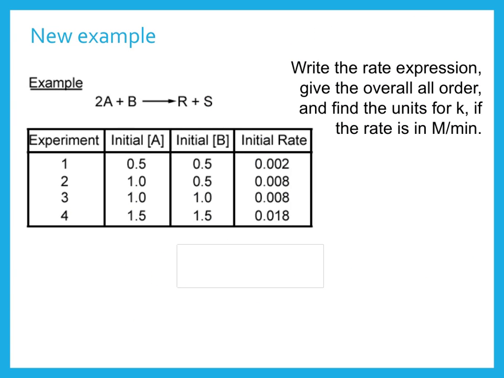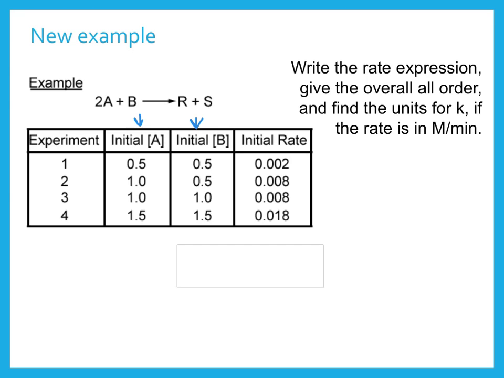Here is a second example of solving for the rate law, but this one has 2 substances. When you're doing this type of problem, you have to solve for the order for substance A, and then solve for substance B, and it involves 2 steps. The thing that's different here is that when the rate changes, we need to know the rate change attributed to A and then the rate change attributed to B. So you have to be careful when you pick which experiments you want to compare. In order to look at just the rate change due to substance A, we have to hold substance B